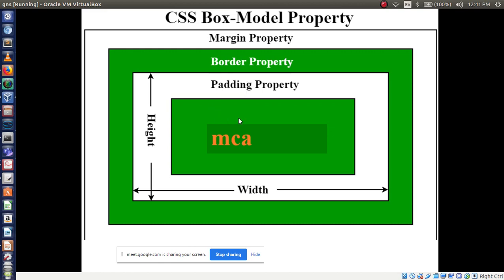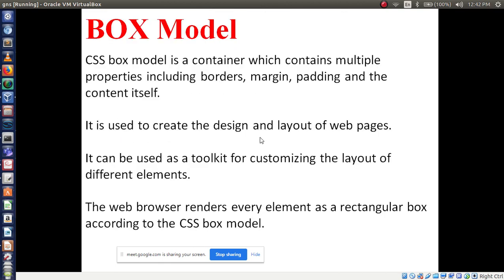This is about box model, and please note this is an important point. Explain box model, the question will definitely be asked. Okay, this is an important concept. First you have to draw this diagram, then you have to explain one by one. Here I didn't give examples for the box model. Once you are comfortable with this coding, then I can easily explain the box model with code. Right now I am giving theory, I am not giving the code.